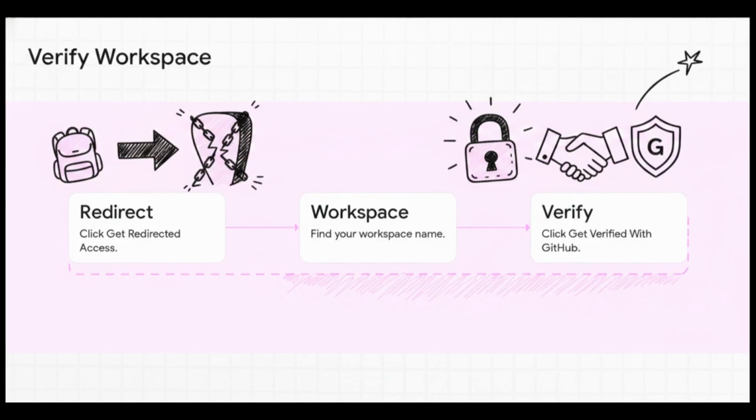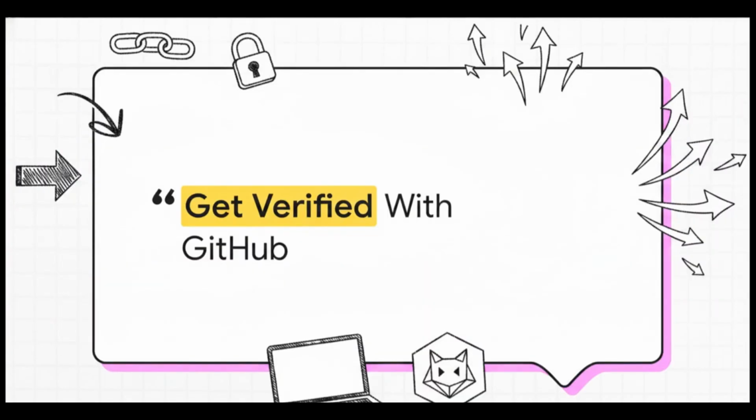Instead, you have to go back to your GitHub Student Developer Pack dashboard, look for the Notion partner offer there, and click their specific redirected access link. It'll shoot you right back over to the Notion website. Once you're there, just scroll down until you spot your logged-in workspace name. And this is the magic moment. You need to find and click this exact button.